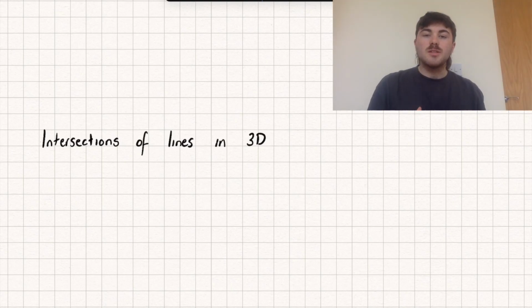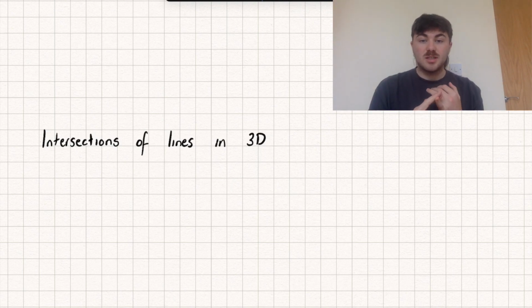Hello, in this video we're going to be taking a look at finding the points of intersection between lines in 3 dimensions. There's two different examples we're going to look at: where they do intersect and how to show that is the case, and also how to show when they are not intersecting with each other. I'm going to timestamp both of those things below so you can skip through to whichever part you want